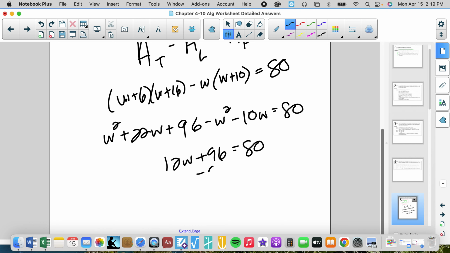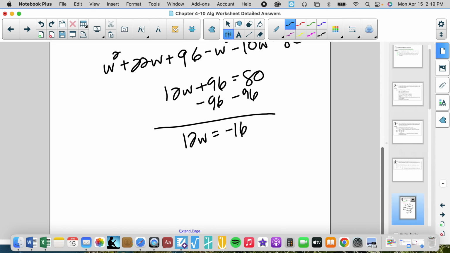Now we're going to solve for the variable. Subtract 96, we get 12W equals negative 16. Yep, good. And now let's divide by 12, and we get W, the width, equals negative